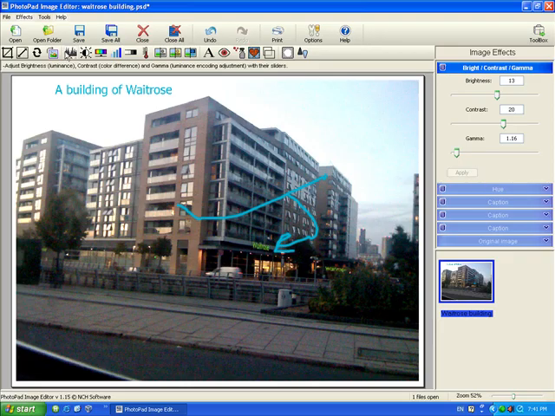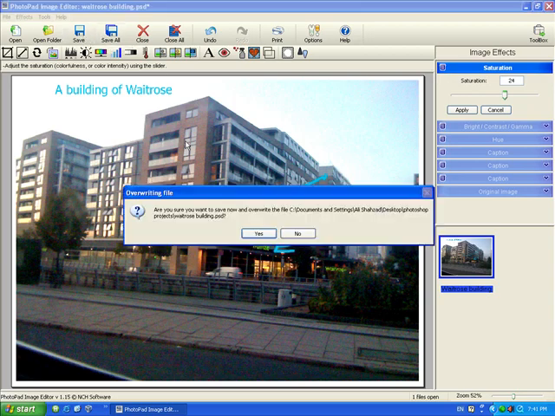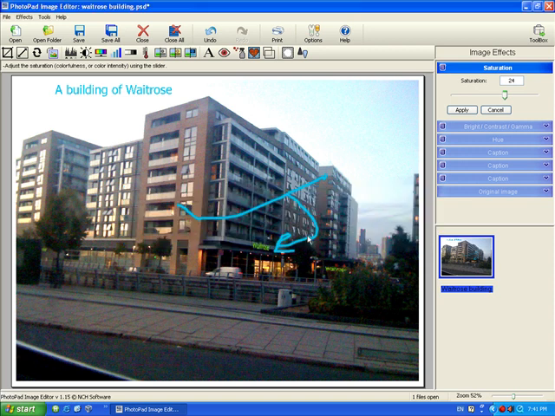Next, I'll increase the saturation. You can also increase the saturation. Next, I will increase the saturation to my own level, which I like. Next thing, I will save as. Next, I will override the